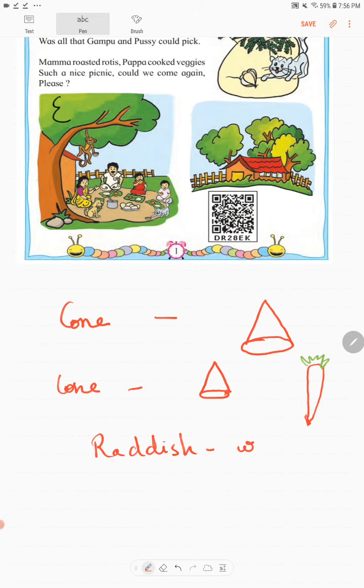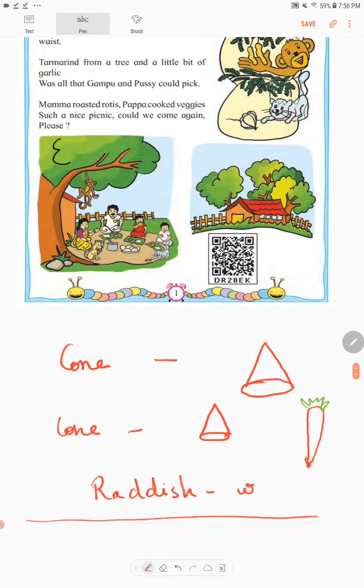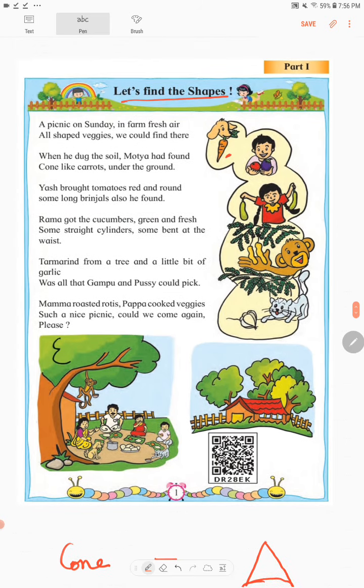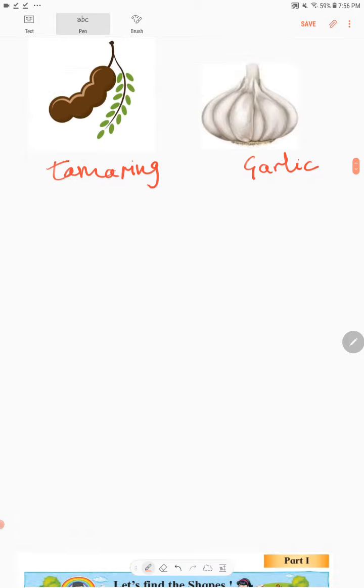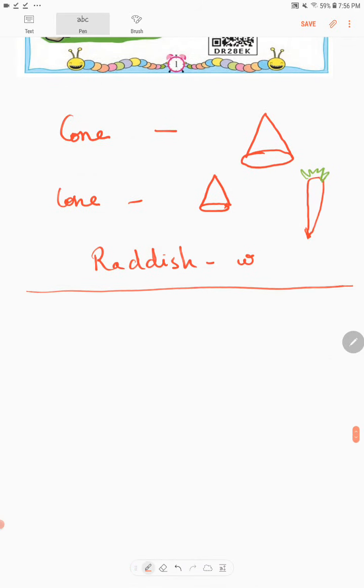Okay, now let's come to the next shape that is there. The next shape is cucumber and brinjal. Now cucumber and brinjal, they are long. Have you seen a box? Have you seen a bottle?